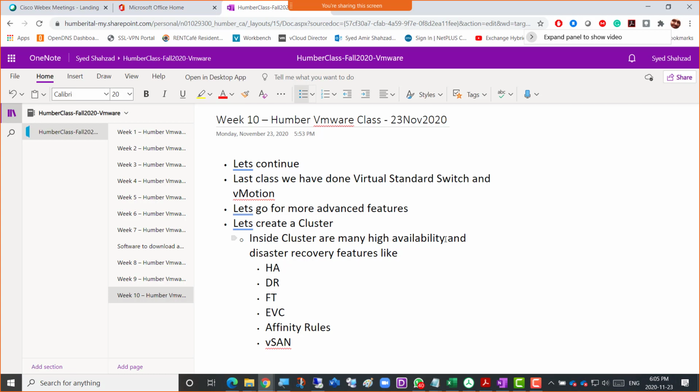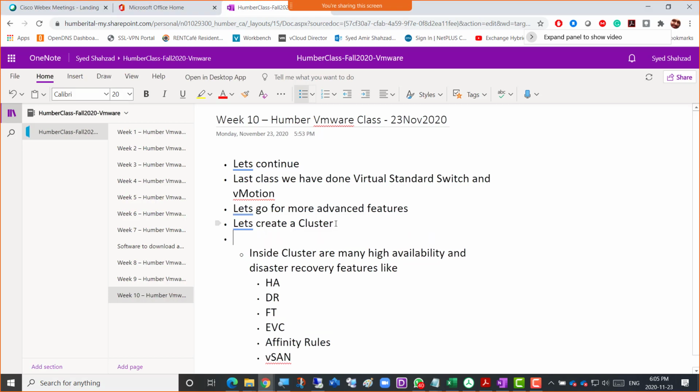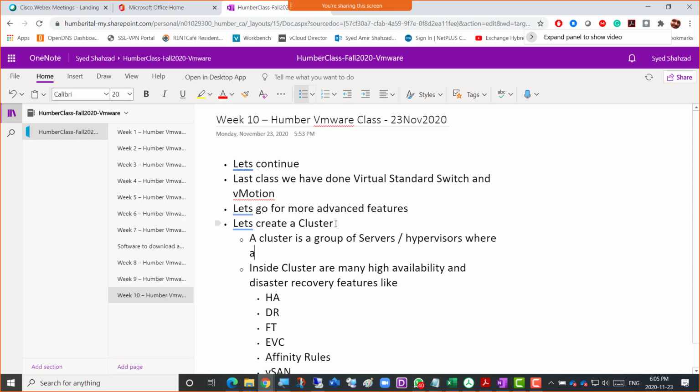collectively calculates the resources of all the servers that are inside. So what is a cluster? I'll just put it here. A cluster is a group of servers slash hypervisors. Obviously in our case it's hypervisors, where our cluster